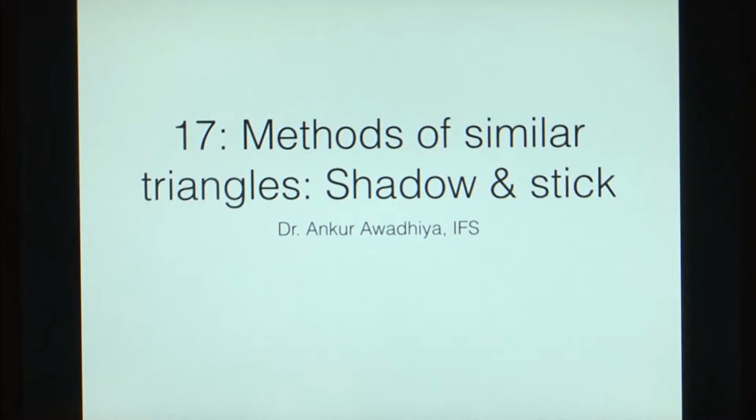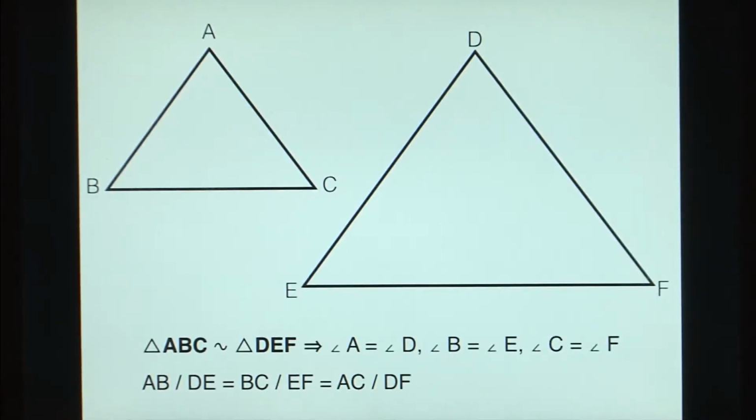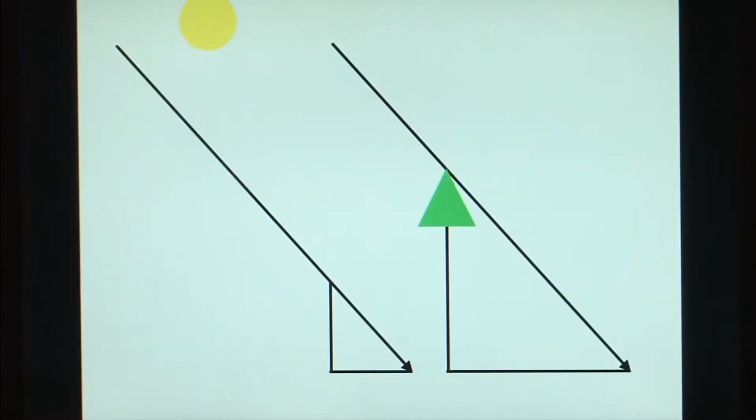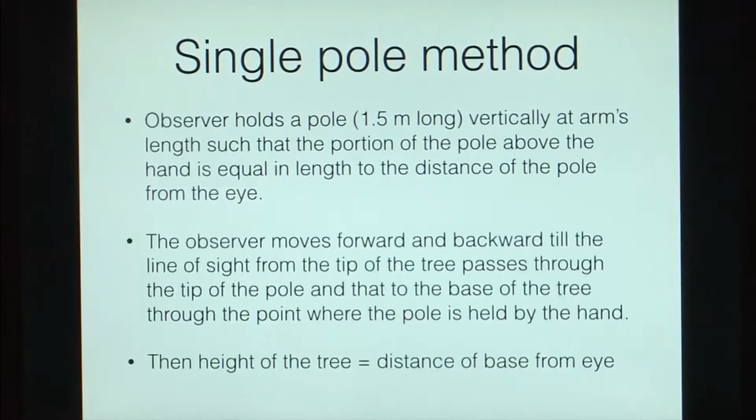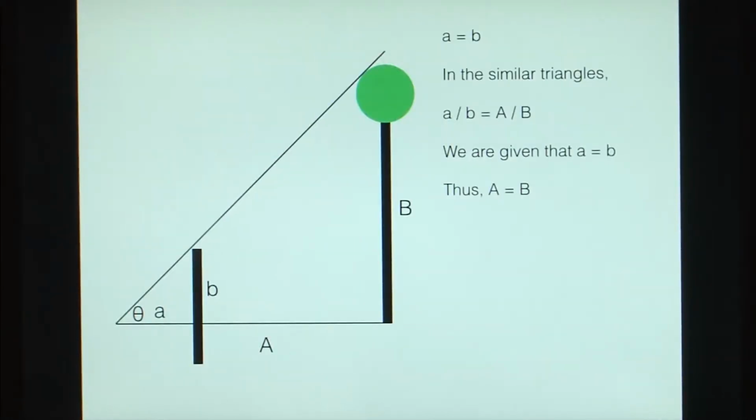Next we looked at the methods of similar triangles, the shadow and the stick methods. In the case of similar triangles, the lengths of the corresponding sides maintain a constant ratio. So, we looked at this single pole method, in which the observer holds a pole, and that makes these two similar triangles. So, you can get the height of the tree as a constant ratio of the sides of the triangles, and when a and b are the same, capital A and capital B will also be